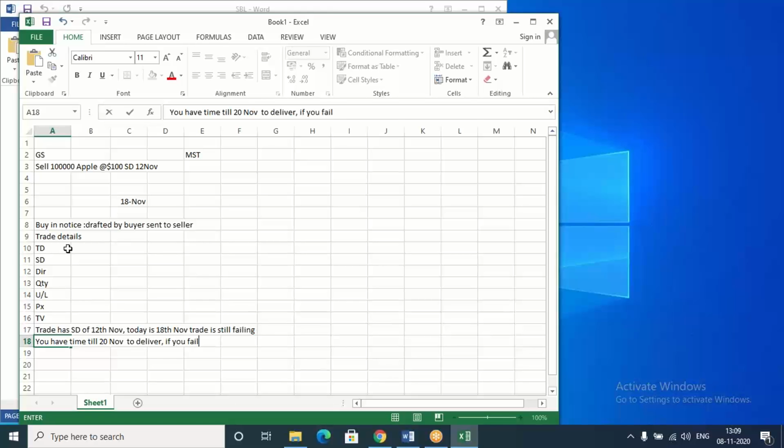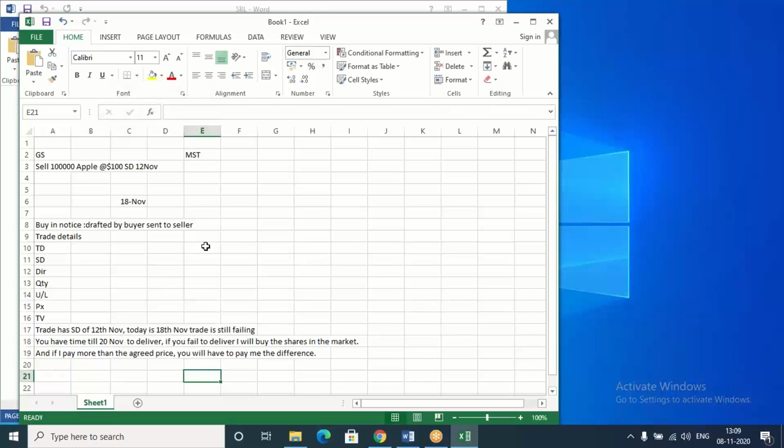If you fail to deliver, I will buy the shares in the market. And if I pay more than the agreed price, you will have to pay me the difference. Okay, so what it says is